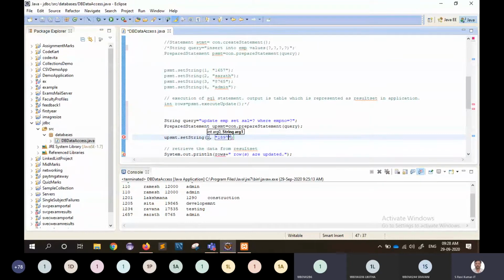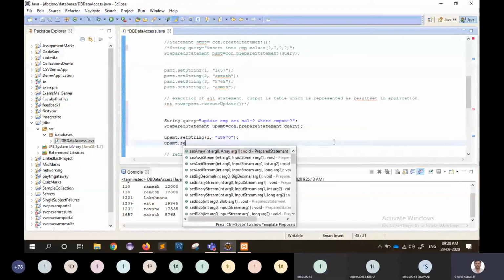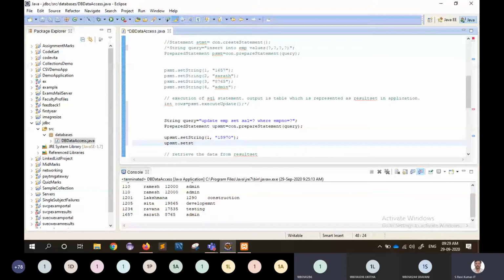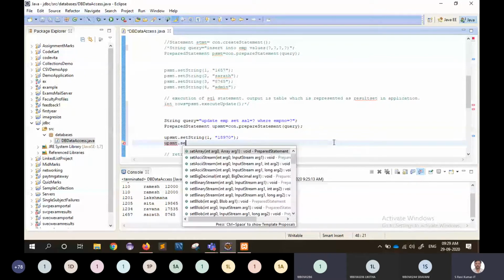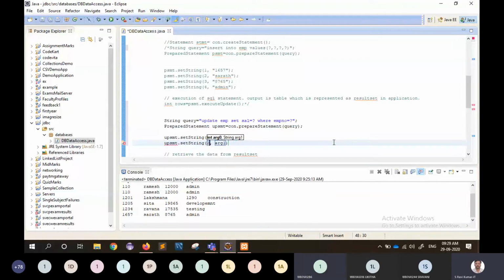Okay, I'm passing the salary here. Then pstmt.setString of second question mark. What is the second question mark? Employee number. Which employee number? Suppose 1201. Okay, so for all the question marks we have set proper values.